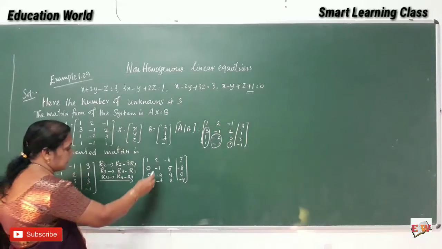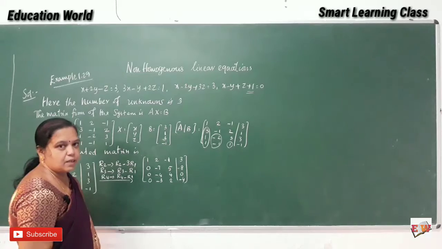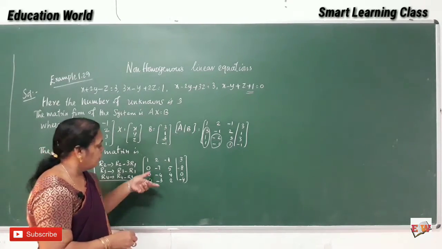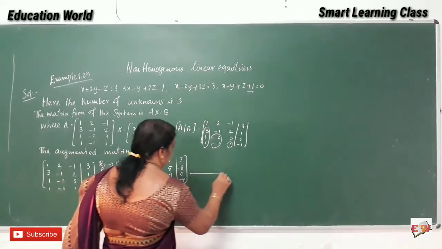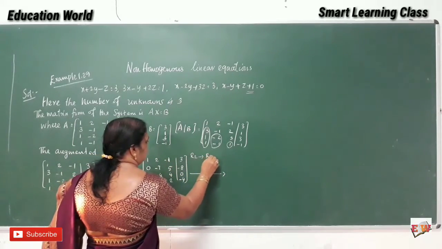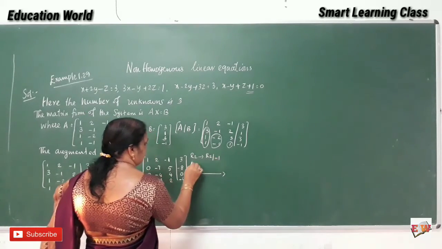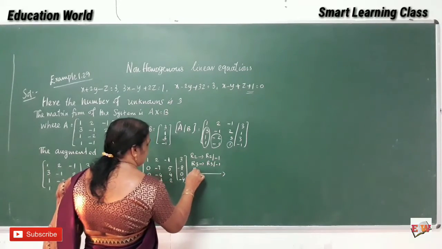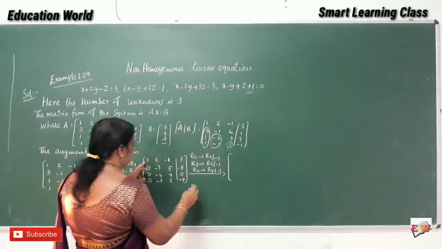Now see, in the second row, these 3 entries are minus. If you want to bring these minus into plus, it is very easy to do; the last 2 entries should be 0. See, R2 I am going to multiply by minus 1, or divide R3 by minus 1, R4 by minus 1. What do we get?